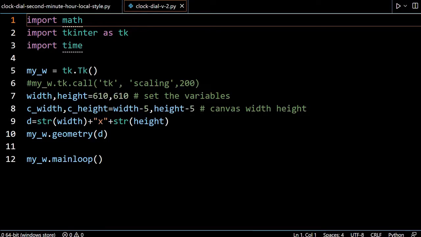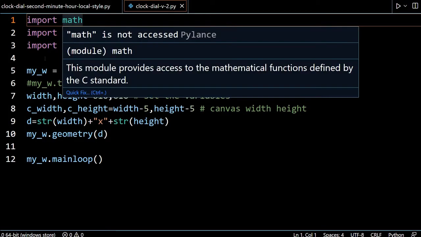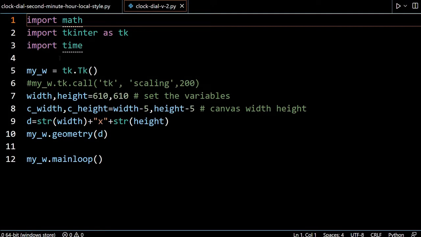Here is our blank Tkinter window. We have imported math because for all these angles we need the sine and cosine functions. This time we have included it but we are not using it. In part 2 it will be required for reading the local time when you adjust the clock. So for the layout this library will not be used.